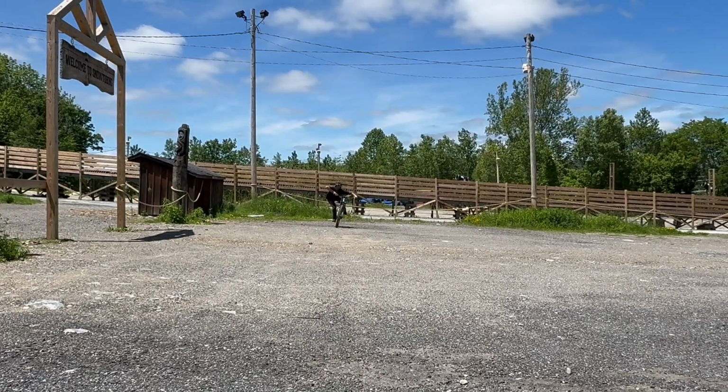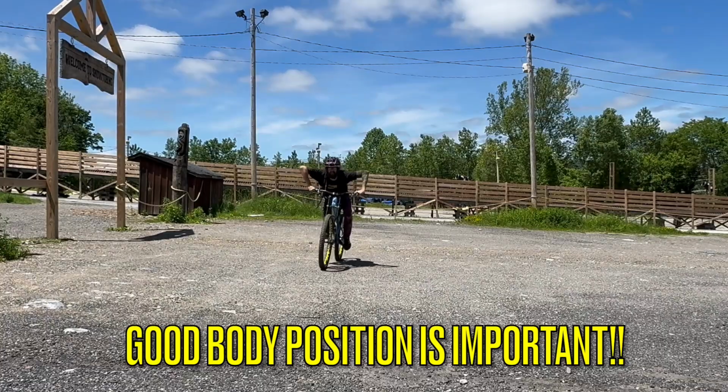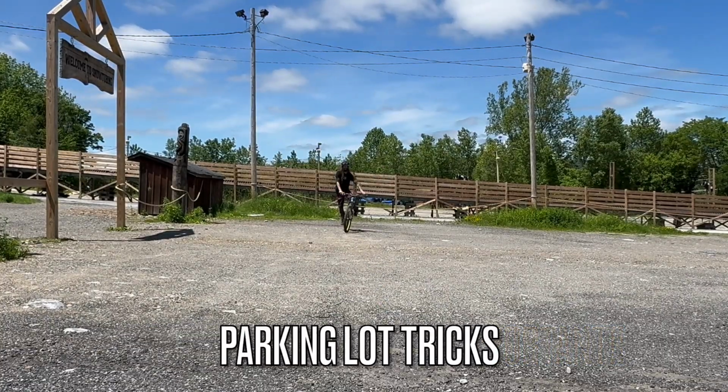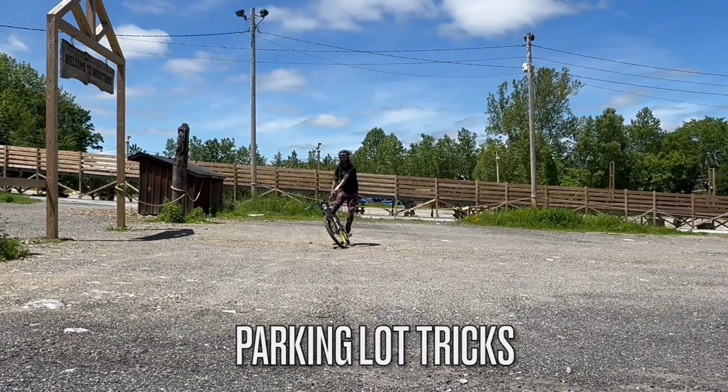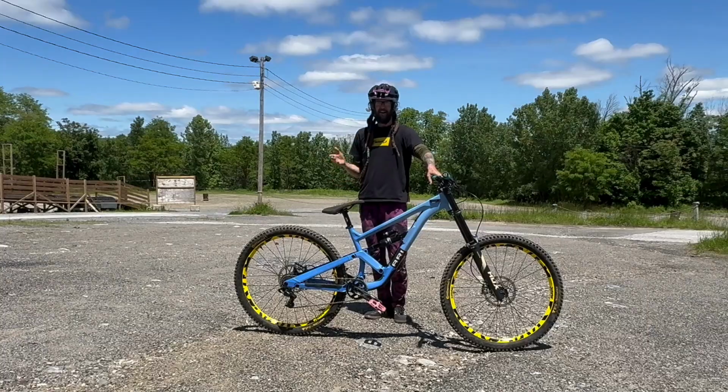I don't know, you can't do this if you're too low. This is awful. Completely bad. And while this is a great parking lot skill, I mean, this isn't going to get you much anywhere on the trail either,